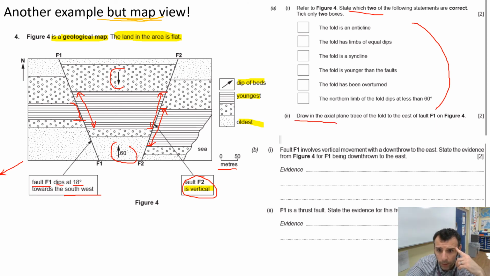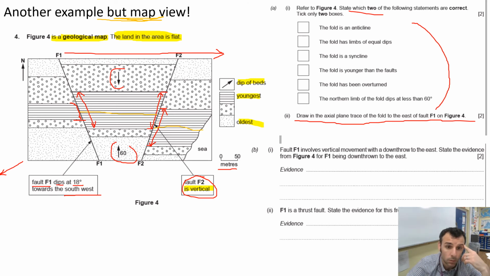And then it says draw the axial plane trace of the fold east of F1. So basically we need to draw the axial plane in this direction. It's going to be a solid line. Now, axial plane should go through the core of the fold. If you've done your folding tutorial or masterclass, you should know that. So I would be putting it somewhere here. And then it's been displaced as well. So it's going to be where those orange lines are, and you can check that on the mark scheme afterwards